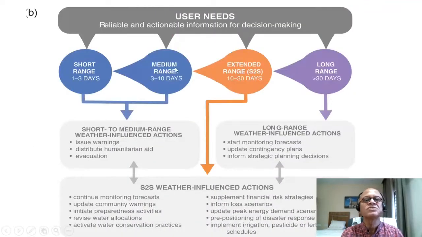So this is the ready, set, go framework we had talked about. So reliable and actionable information for decision making is produced at short and medium range, so 1 to 3 days, 3 to 10 days, and extended range, weeks 2 to 4, and long range or seasonal outlooks, often referred to as seasonal to interannual, because it can go to 12 months or longer depending on the skill, like El Nino